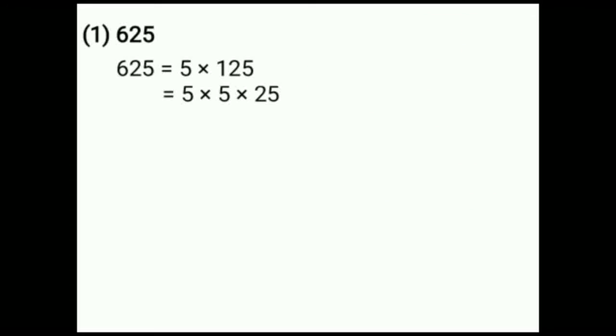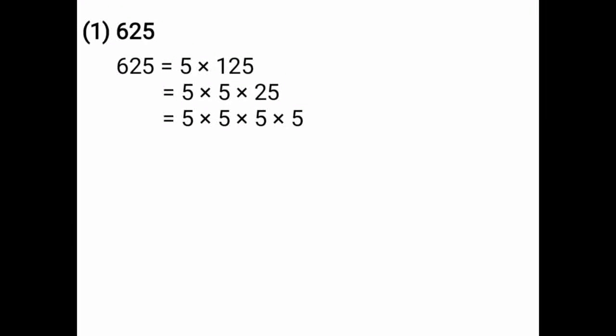Next step, you have to divide 25 by 5. You have to write this as it is, 5 into 5. Number 25, how much is going? 5 fives are 25. So we'll write directly. Now you have to make groups of 2 in the multiplication form of the number, because you have to find the square root. You have to underline 2 numbers and make one group.